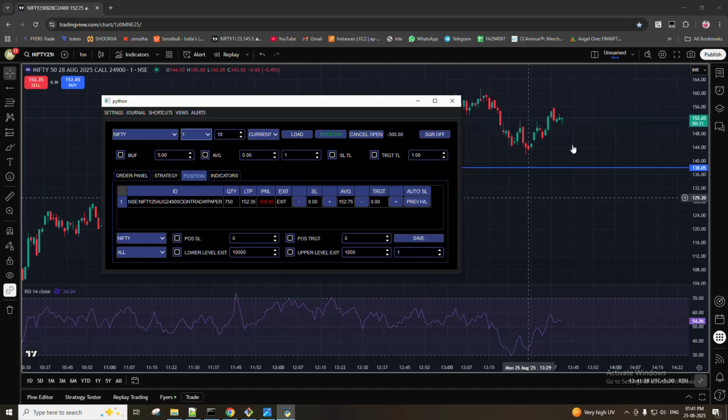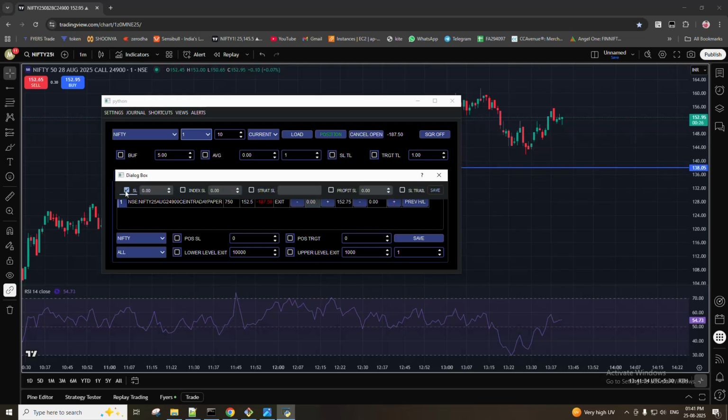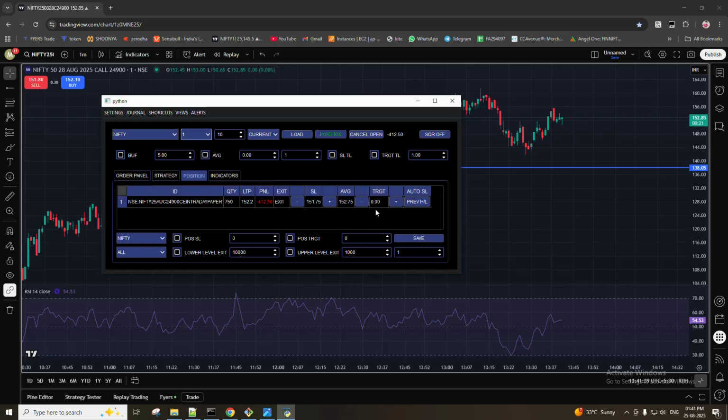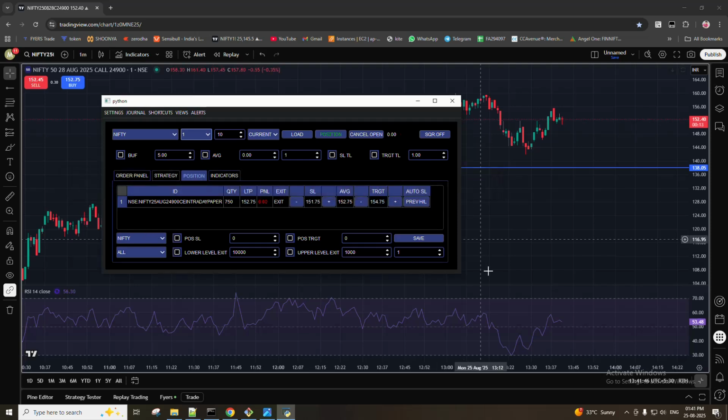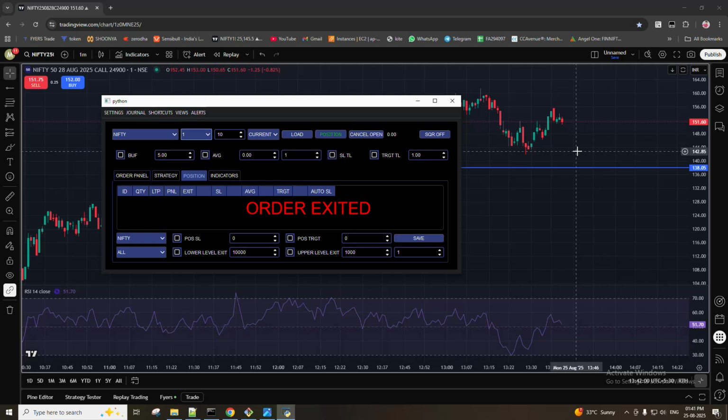Now if you want to place SL 20 points, just click this SL and check this SL option and 1 point SL. Okay, and my target 2 points. Okay, SL got triggered. This is how to place SL and target after placing order. Okay, next